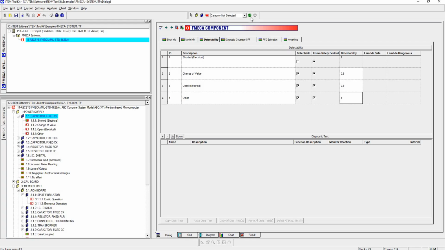Let's now click on the Perform Analysis button to see the results. Immediately, we can see the calculations for our failure modes, Lambda Safe and Lambda Dangerous. These values are calculated all the way to the system level as part of the overall functional safety standard